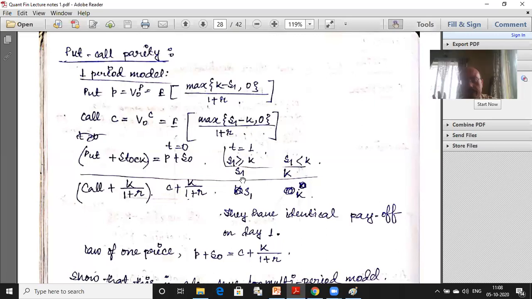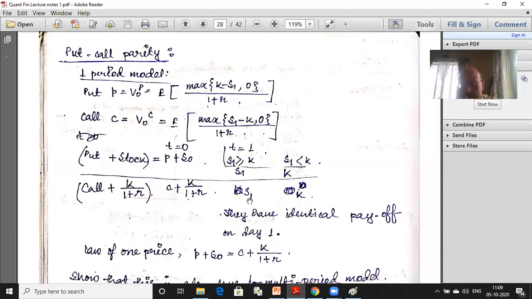That part is fine, isn't it? Yeah. The call I will be using in case S1 is more than K, because it is profitable for me to use. So what will I do? I will use the cash, because the cash has now become K, exactly as much as I need. I pay that cash to the stock market, get the stock. So the value of my portfolio is S1 again, because the actual value of the stock now is S1.